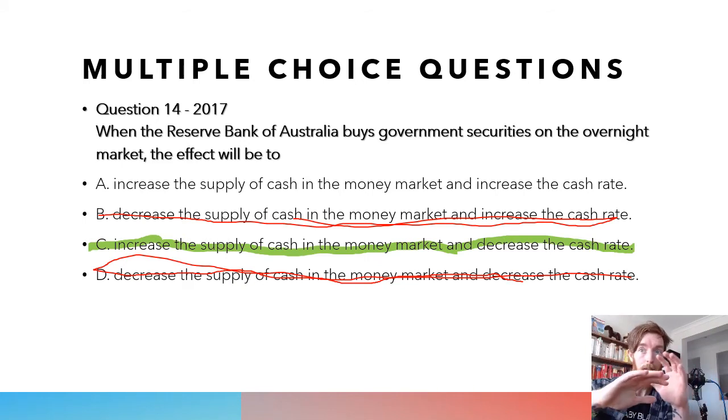The questions have all been a little bit different. They've kind of had pieces of the same question each time. But if you understand those connections of how cash rates go up or down, you're not going to get these questions wrong, hopefully. And hopefully this kind of logic behind it makes sense to you. Now we're going to get into some short answer questions that I have made up.